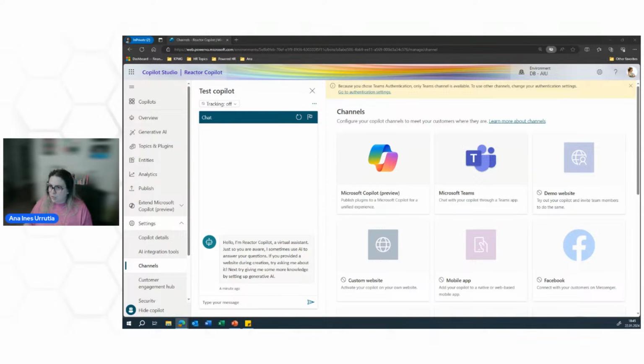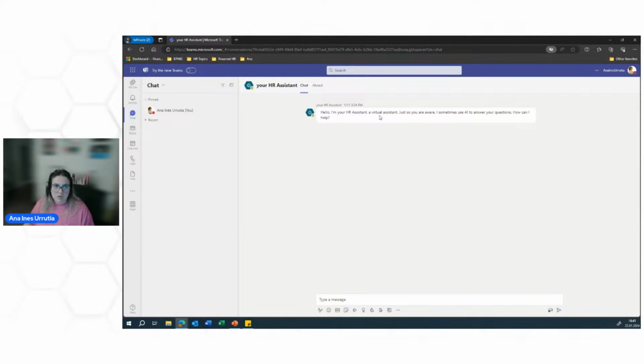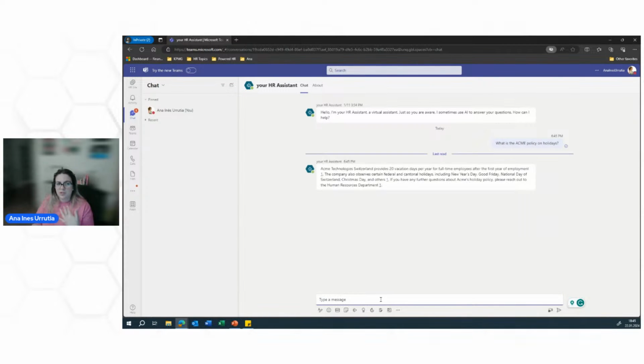Teams. What I will do now is, because I have another Copilot that I created, I will show it to you here. So it's not the same that we just created, but it's a Copilot that has data. So hi, I'm your HR assistant. Just so you're aware, sometimes use AI to answer your questions. And here you can say, what is the ACME policy on holidays? And this is because I created a Copilot that is based on a document that is called the ACME